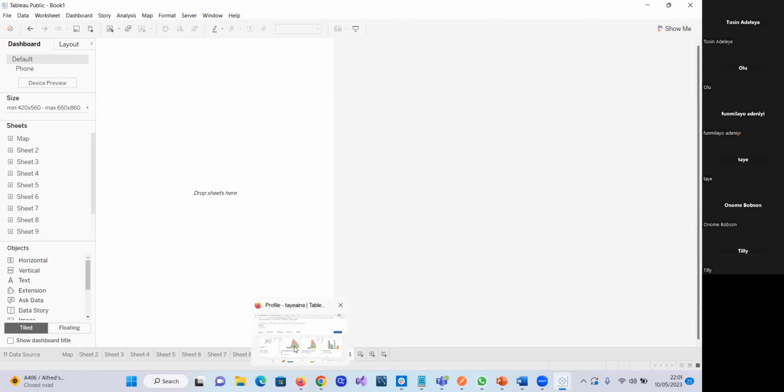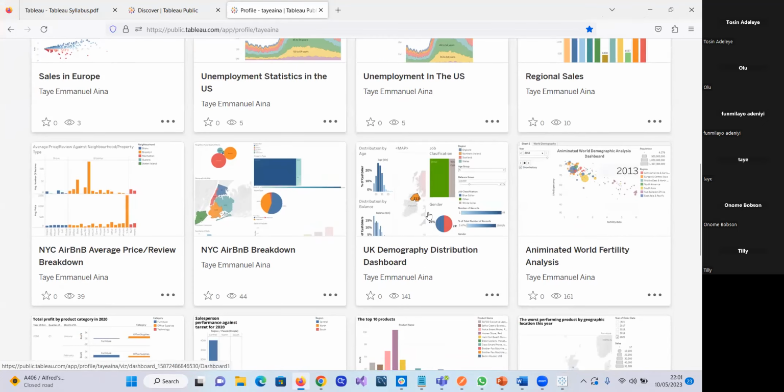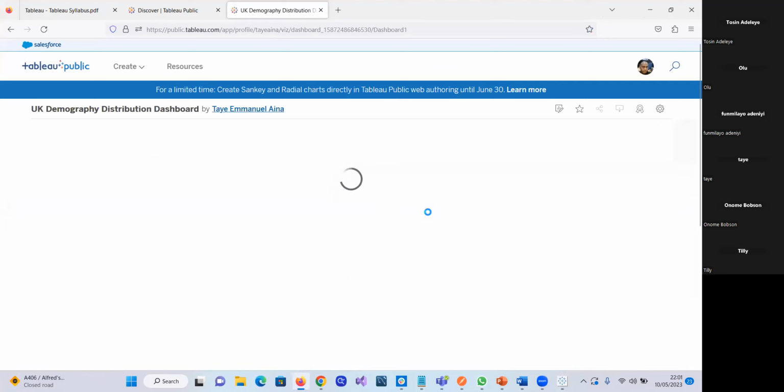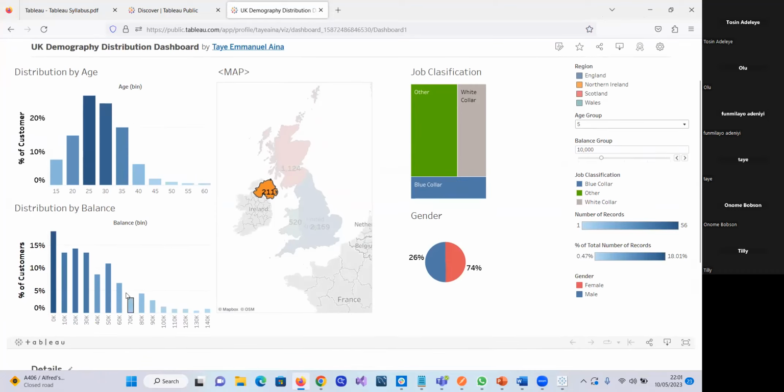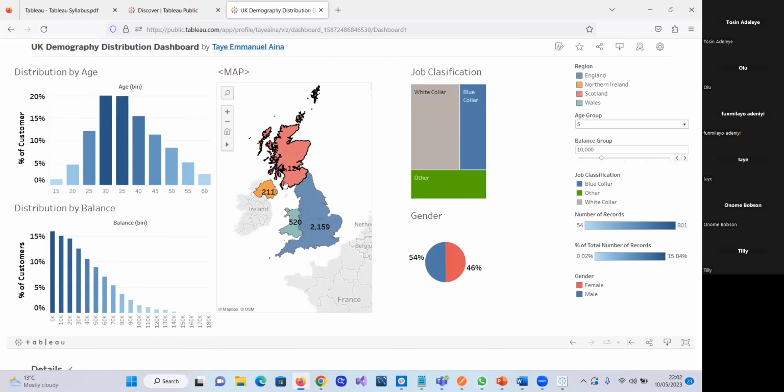So that's what is going to make that dashboard. I'll give you an example of one of the works here. As you can see, this is one visualization on one sheet. This is another visualization on another sheet. This is different. So all of them together here is a dashboard. This is the dashboard I'm talking about. And when you look at it, this is Northern Ireland now. If I want to check about Scotland,